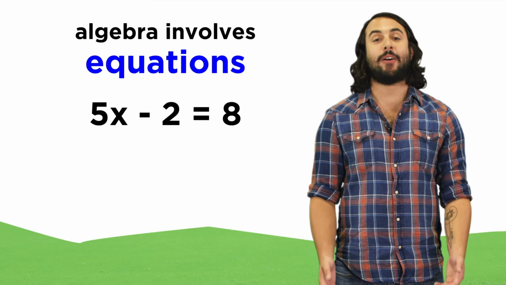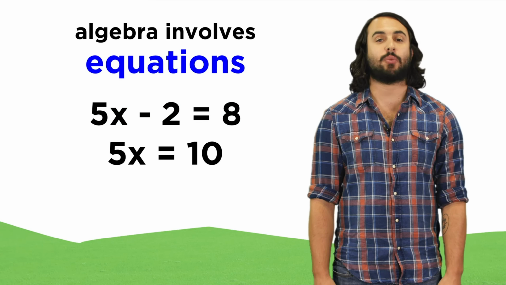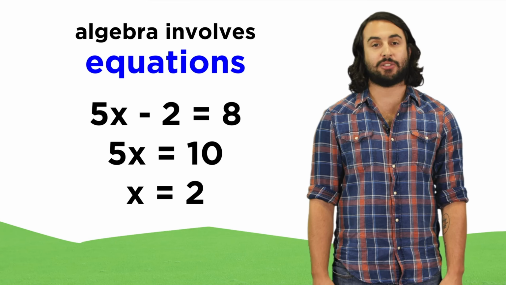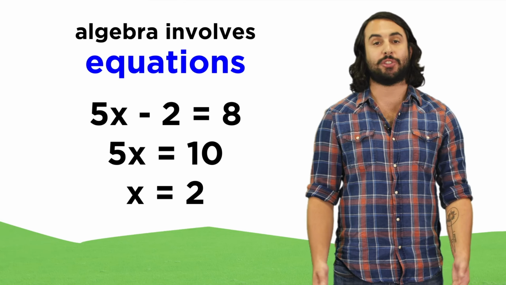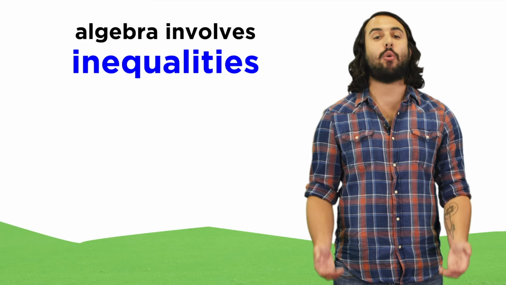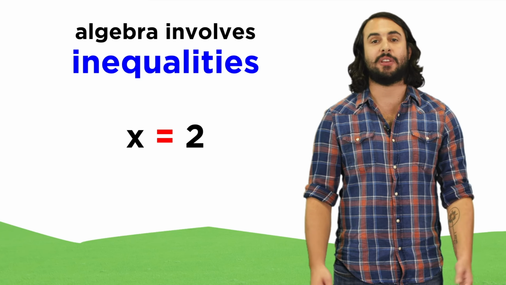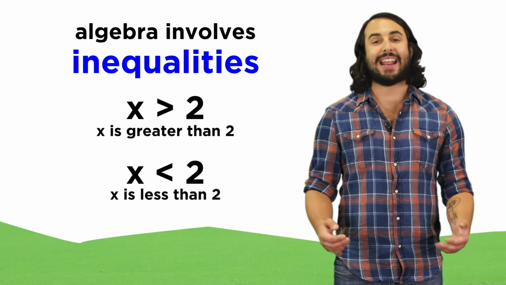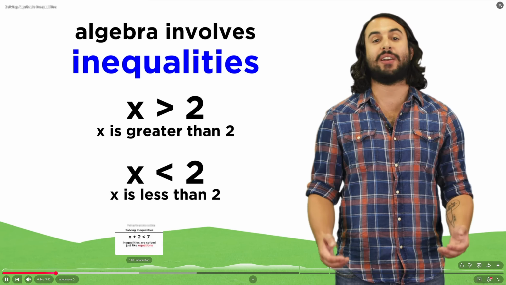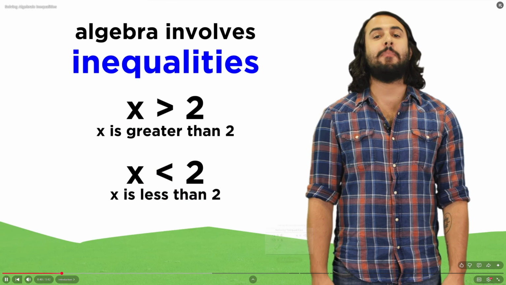Algebra is all about equations. One side equals the other side, and we move things around until we can solve for a variable. But there is another type of construct in algebra that we will need to use, and it is related to the equation. It is called the inequality. Instead of an equation that equates two terms, telling us that they are equal, an inequality tells us how two terms are not equal, but rather that one is either greater than the other or less than the other. We can manipulate